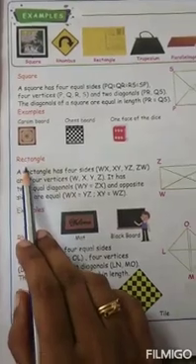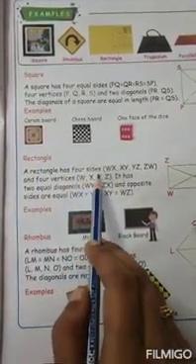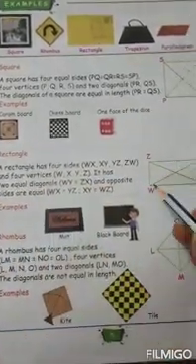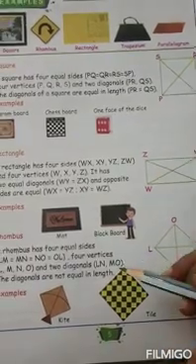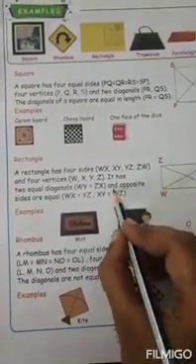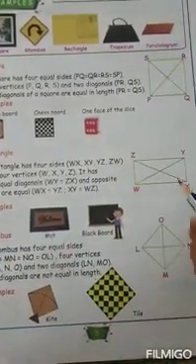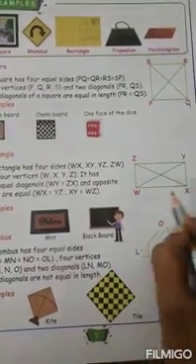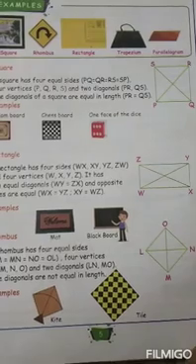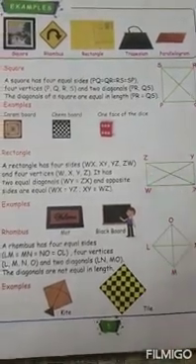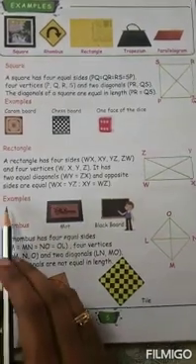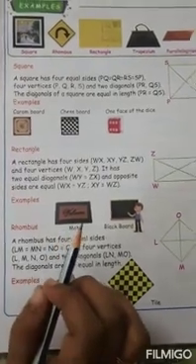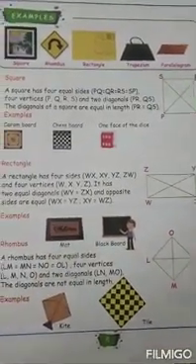Okay, so rectangle also has four sides, you know that already, and four vertices. It has two equal diagonals. Here in this also you have equal diagonals. Okay, and opposite sides are equal. You can see this by seeing the picture itself, that WX and ZY is equal and YX and WZ is equal. Yes or no, children? Yes. Examples of rectangle are mat and blackboard. Here they have given few examples. You can write some other examples around you also.